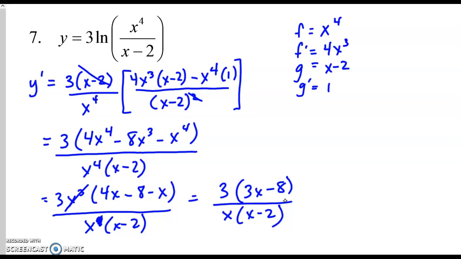So if they gave me a point on this graph, maybe negative 6, 2 was on this graph, I could put the 6 in here and find the tiltedness of that graph at this point. It's the rate of change, the change in y with respect to the change